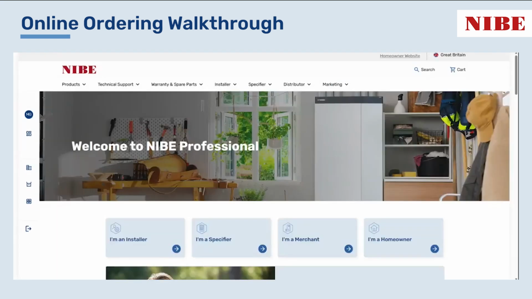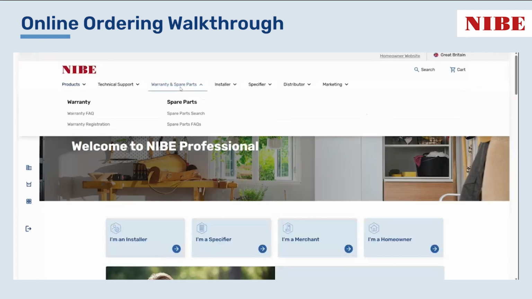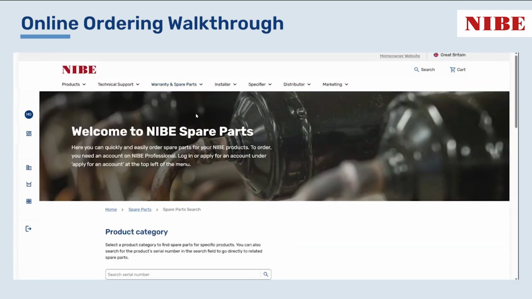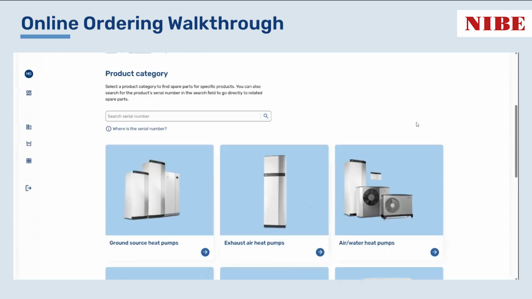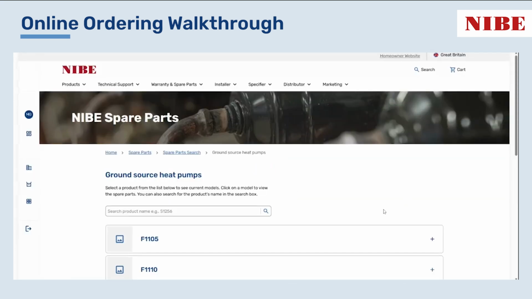If you want to order spare parts, the process is slightly different to ordering products. This is because spare parts sit in a different place on the website. So as opposed to going to the products tab, instead you need to navigate to the warranty and spare parts tab. And under here you'll see a page called spare parts search. If you click on that, you'll be brought to this page where you can navigate to find the spare part that you want. So let's say, for example, I click into ground source heat pumps, and